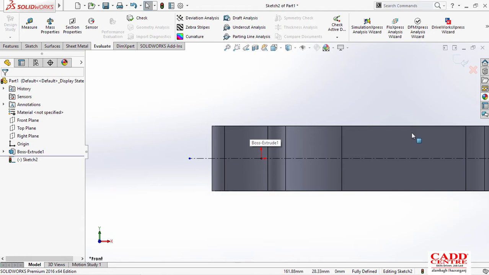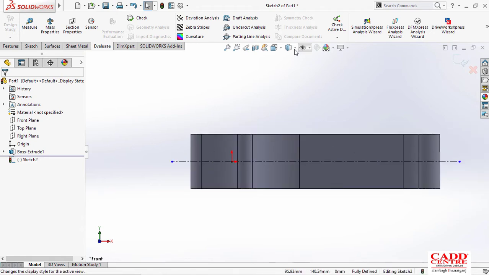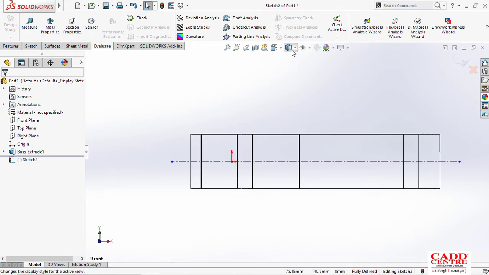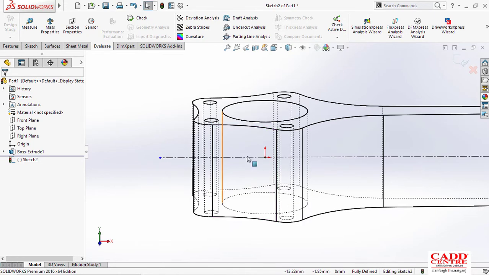We can't draw things like that because it is not visible, so I'm changing the display style to internal, like this one, and I'll trace. As you can see, this line belongs to that circle, so I'll click here and go to sketch,